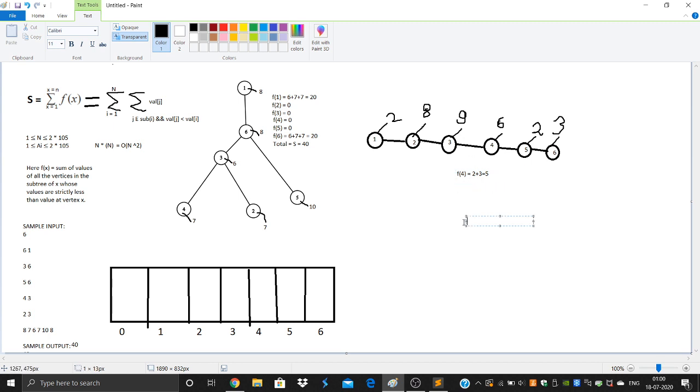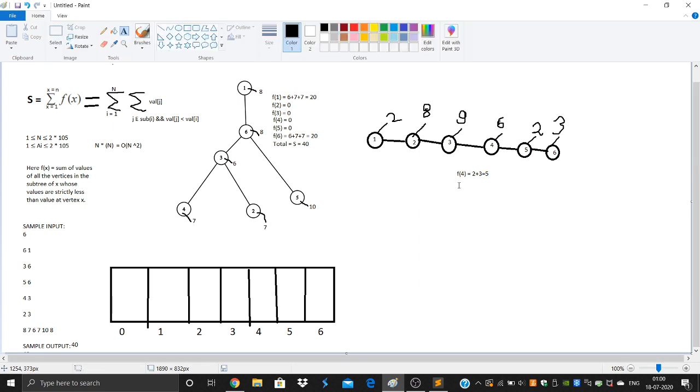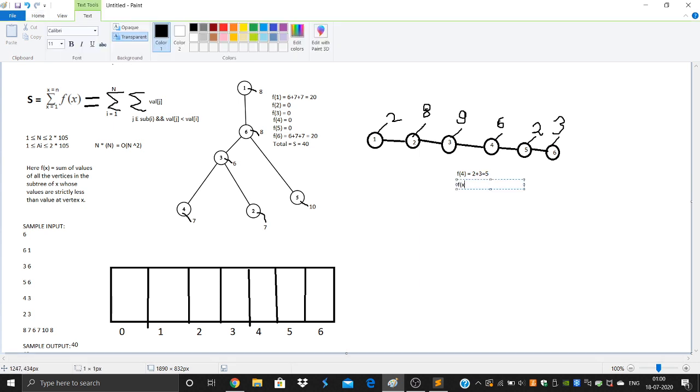To find f of x for this type of linear tree, I would just need to find the sum of values strictly less than value of x, basically the sum of values to the right of x that are strictly less than the value at x.